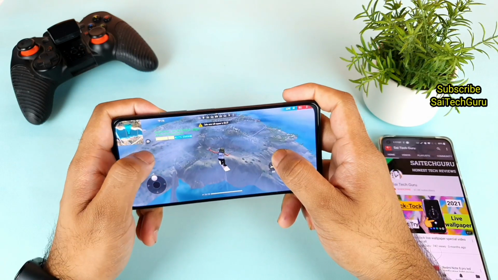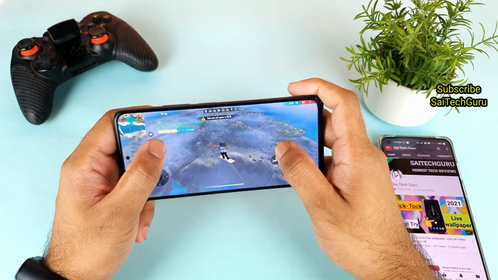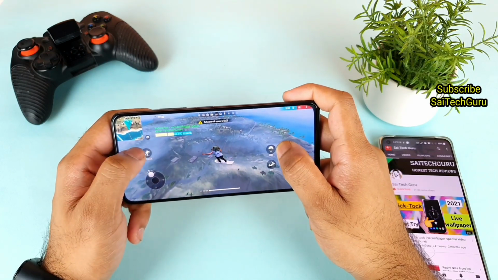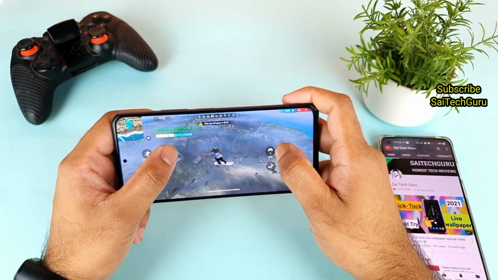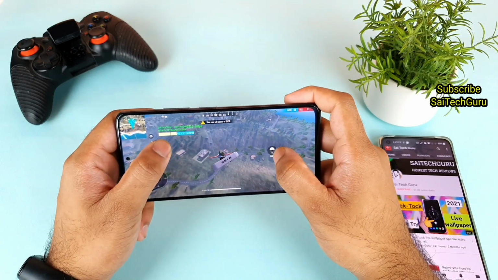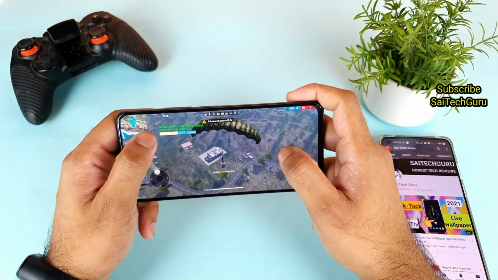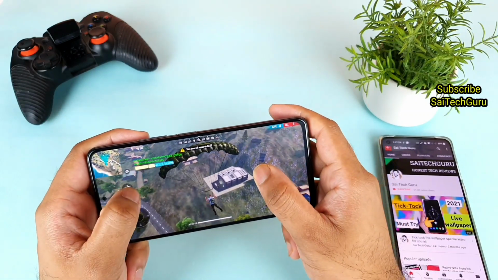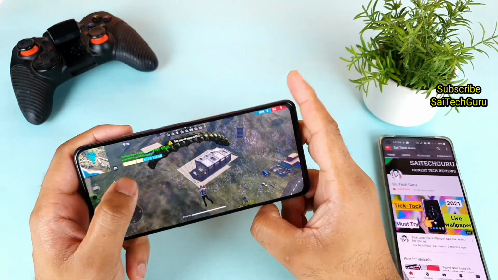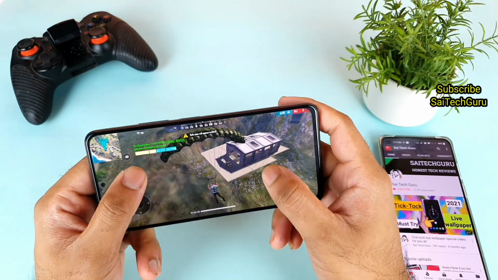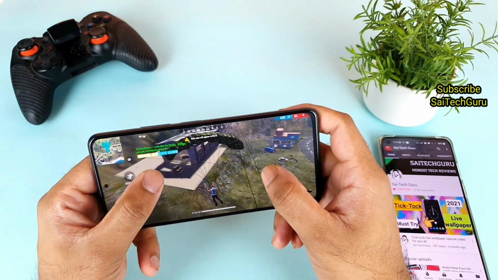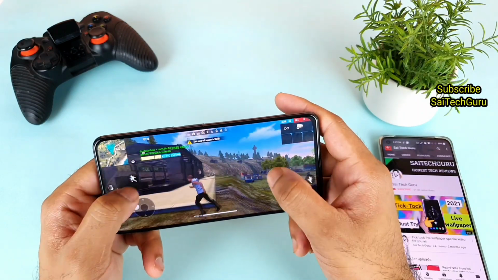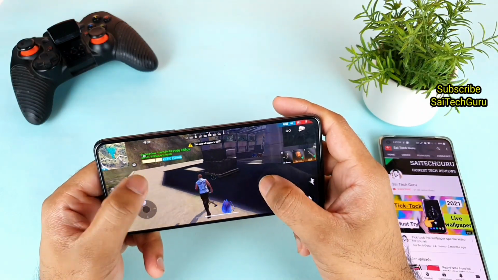Not only one user, there are a couple of users who already raised a complaint regarding the touch issue problem in this phone, regarding plenty of other games, the PUBG game and even the Free Fire game as well. That's why I thought of testing both games on this phone in terms of performance. The green tint issue can also be fixed with an update, so that problem got solved, but touch issues, I'm not sure how they're going to fix them.